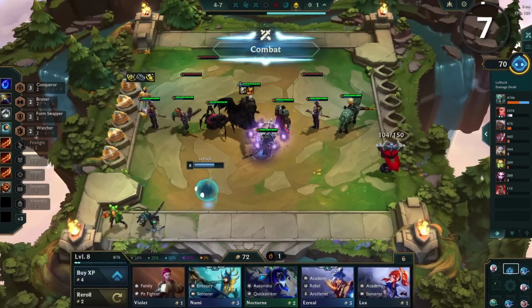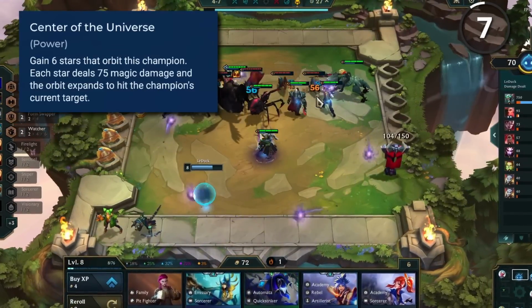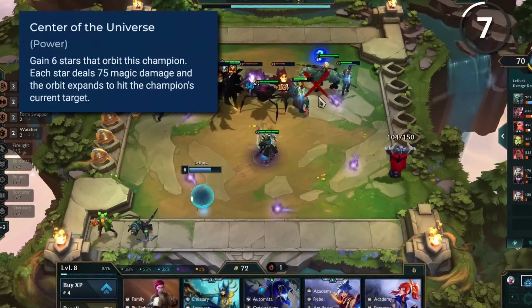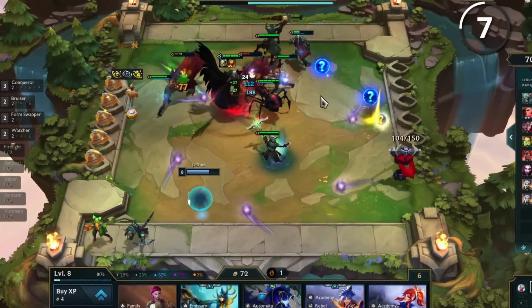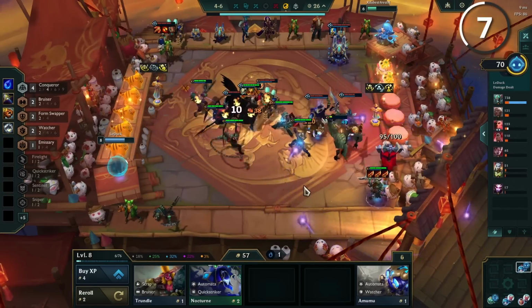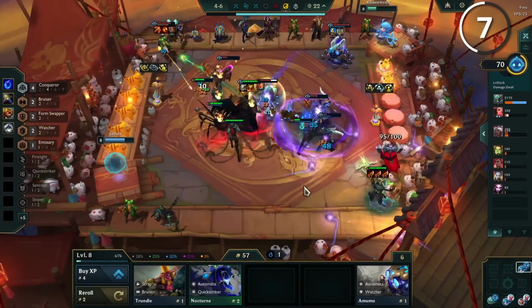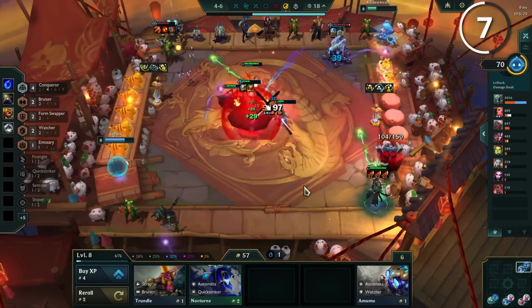One of the anomalies that is honestly very underplayed is called Center of the Universe. Your units gain 6 stars that orbit around them, with each dealing 70 magic damage. The key part about this anomaly is that the orbit will expand to hit the champion's current target. Now, what exactly happens if you give this anomaly to someone with Fishbones, or better yet, someone like Twitch? His ability grants him infinite range for 6 attacks and random targeting, which has a rather hilarious interaction with